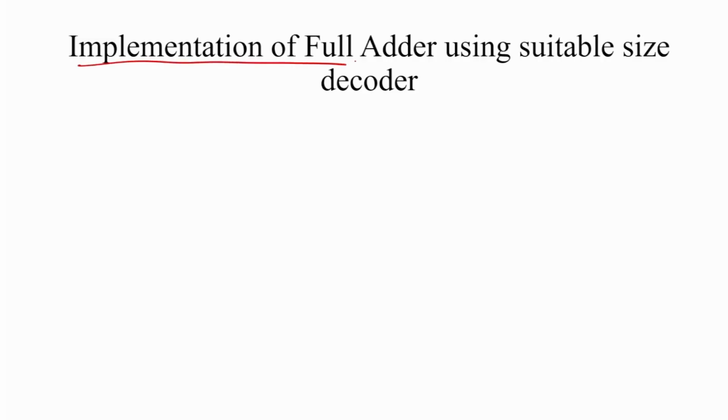Implementing a full adder or any other Boolean function by using a decoder. So, here the question is how we implement a full adder. We know the Boolean function corresponding to a full adder. A full adder produces a sum output and a carry output. Sum is written as what? There are 3 inputs in the case of a full adder, suppose the inputs are x, y, z, and the sum is written in terms of x, y, z. This is nothing but the summation of the minterms where the output is 1,